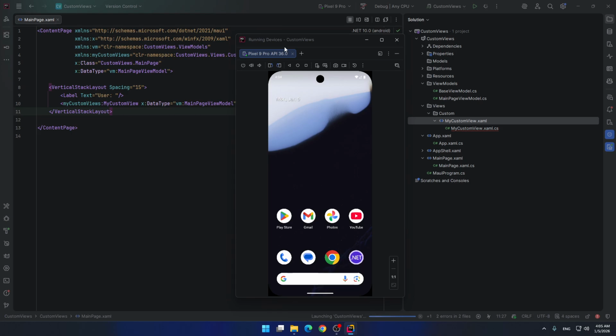Basically everything we do, this can be used in almost every .NET project. It's same process. We can use it in Avalonia UI. For example, we can use it in WPF project.